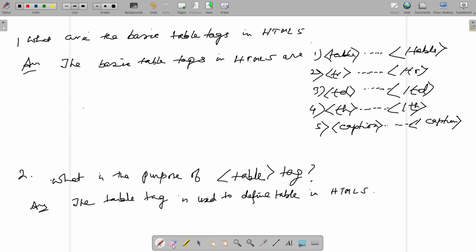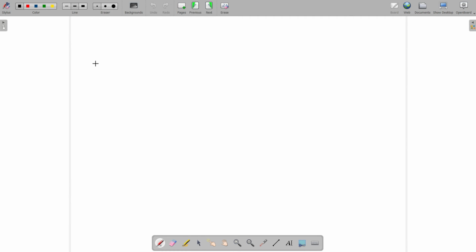If you are asked to insert a table in HTML5, you have to always use this code, the table tag. Starting table and close table tag. In between these, the structure of the table will be there. You know, in a table there is a table header, there are table rows, there is table data. All the things are present. So at that place, what are the things you have to place accordingly? Next comes what?